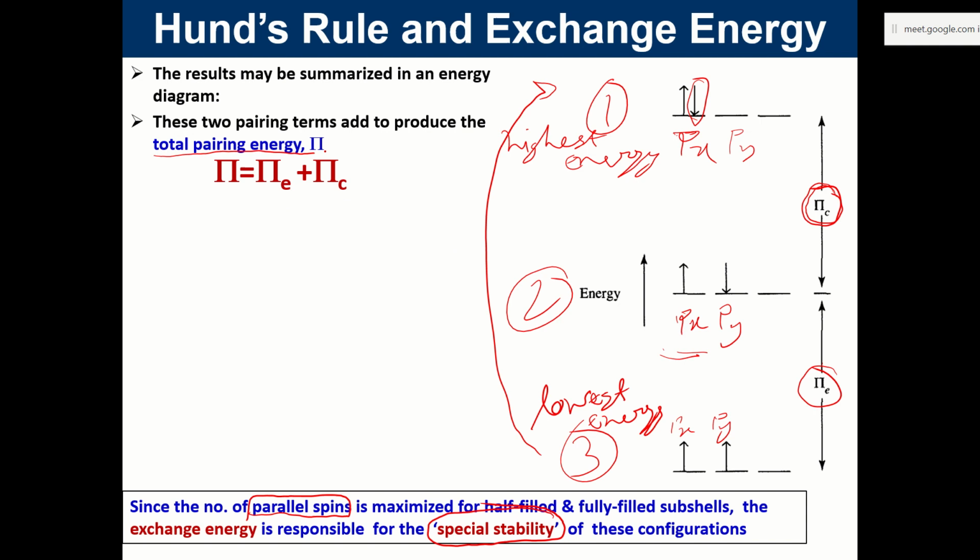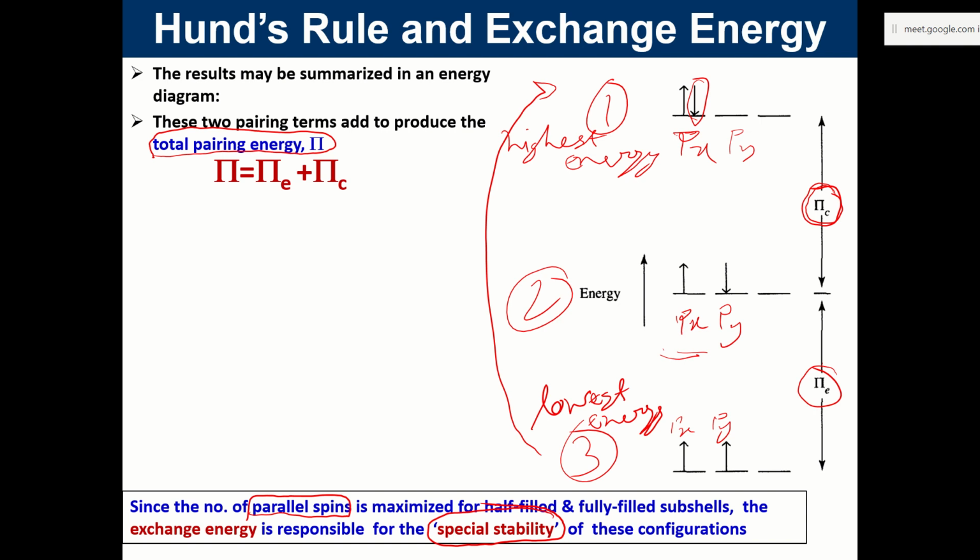Total pairing energy, capital pi. ध्यान दीजिएगा, this is what we have also been using in first semester while discussing d orbitals, right? वहाँ पे भी capital pi लिखा हुआ था, आपने ध्यान नहीं दिया होगा, मेरे slides में रहा होगा उस टाइम. Okay, so if you pay attention to this, whenever we talk about pairing of two electrons in one